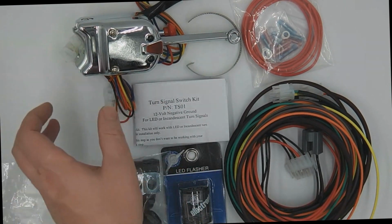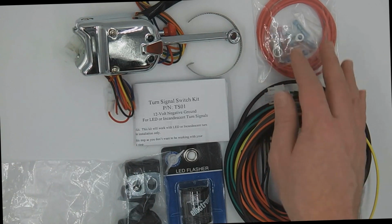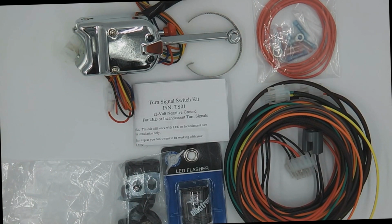But this is a great kit if you're thinking about adding a turn signal switch to any vehicle, car, truck,